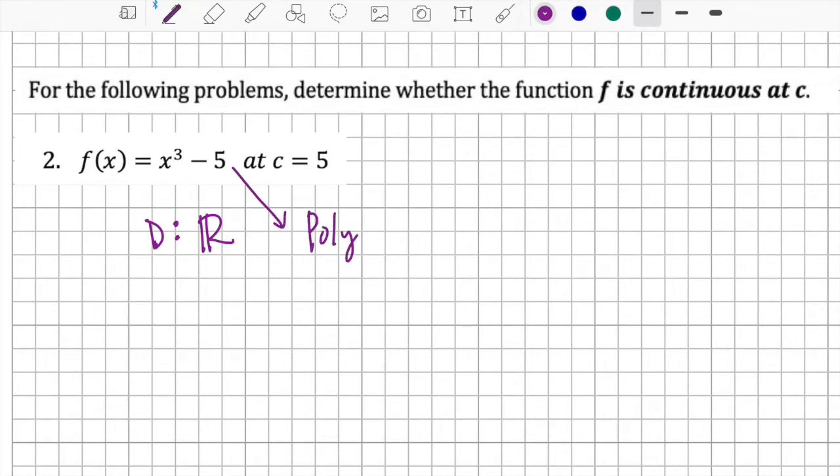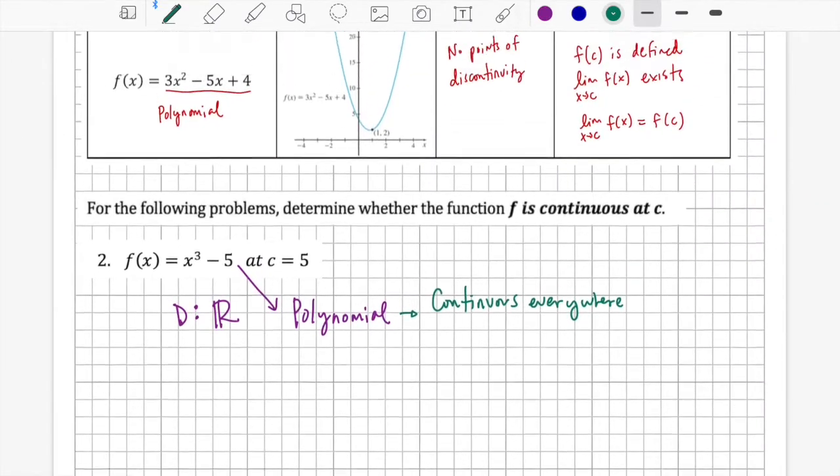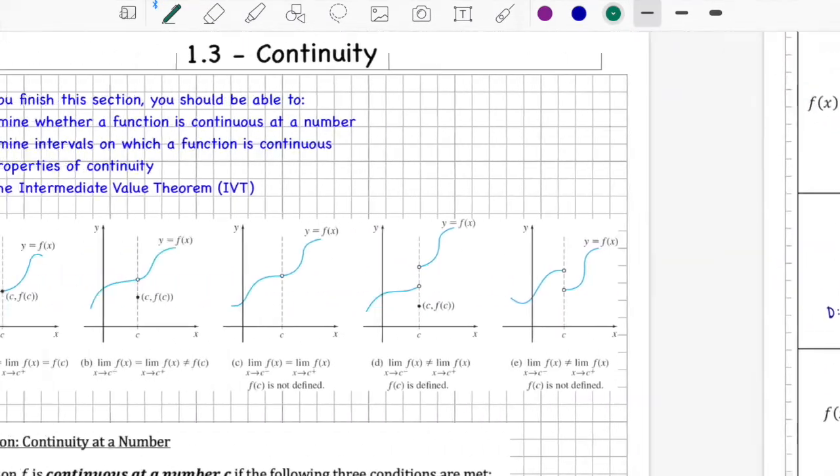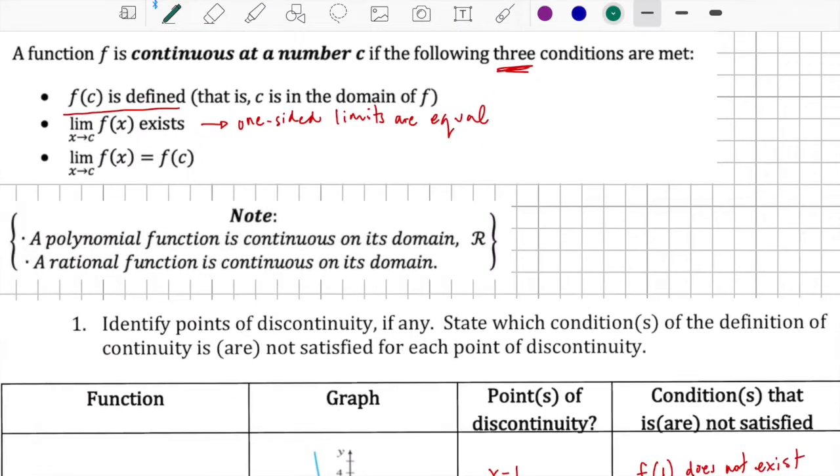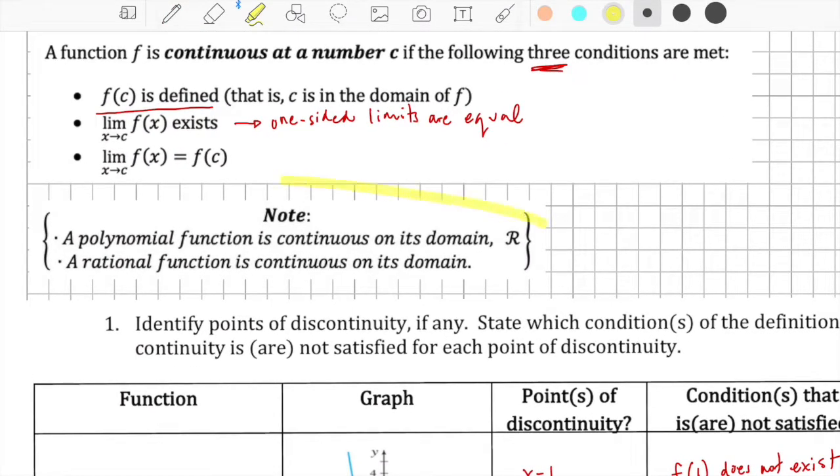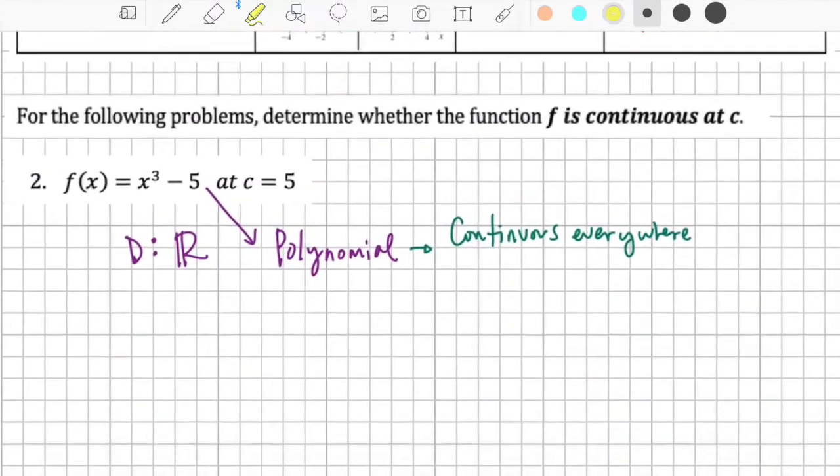And the question was, is it continuous at c equals 5? And since it's a polynomial, it means that it is continuous everywhere. And that is according to the note that we had. This one right here. A polynomial function is continuous on its domain. Therefore,